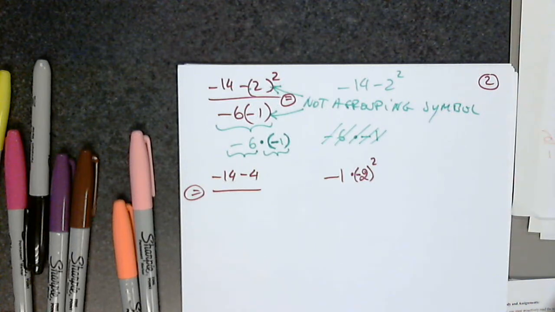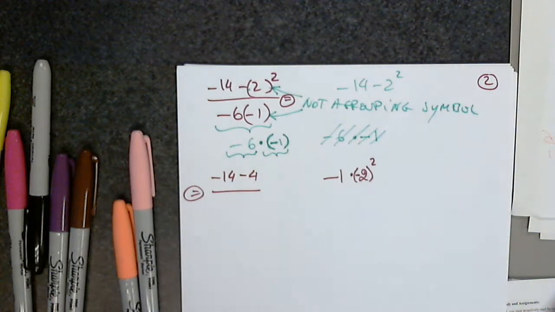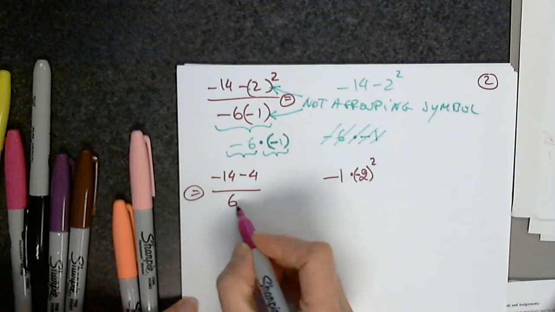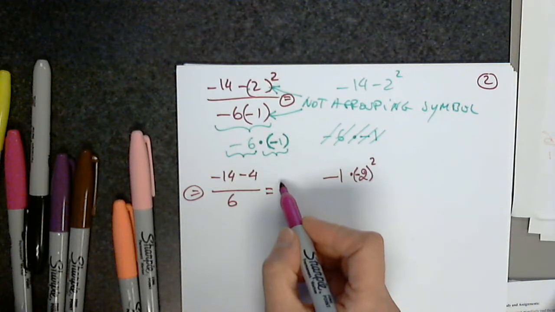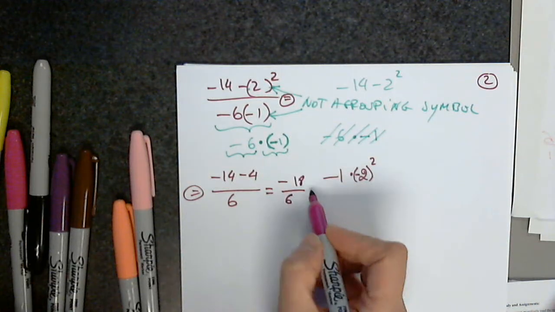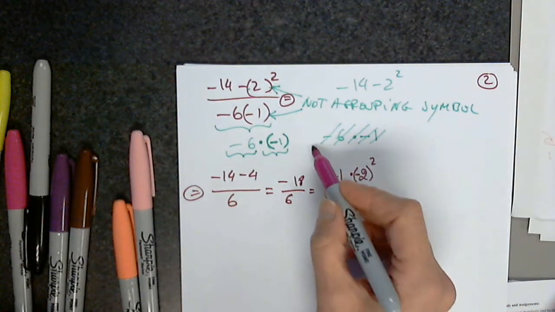It must be a product. Otherwise, it would have been addition, subtraction, or division. Since there is nothing, I have to assume it's this. So the denominator would be awesome. And now the numerator is -14 minus 4, which is very good, divided by 6. And the final answer is